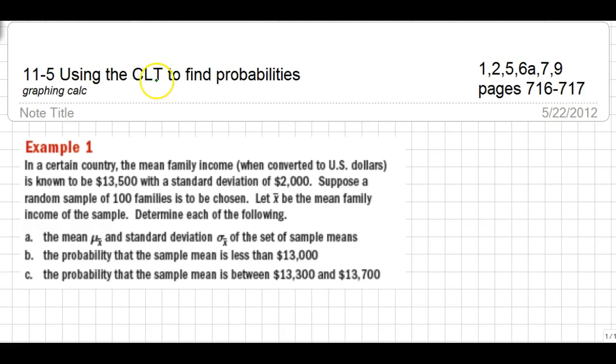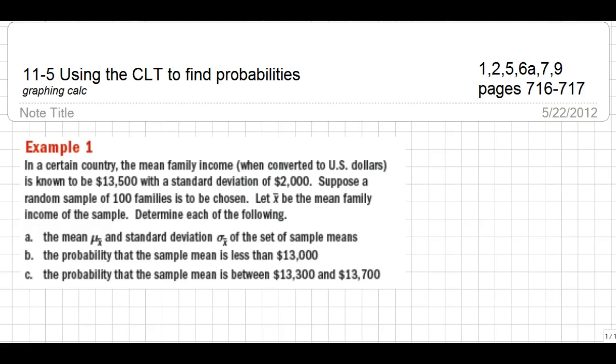Remember that if the original population is said to be normal, or if the sample size is 30 or greater, then you know that the mean of the sample means will be equal to the mean of the original population, and that the standard deviation of the sample means will be calculated by doing the original standard deviation divided by the square root of the sample size, or n. So let's just try to put those pieces of information into practice along with some of our earlier skills from